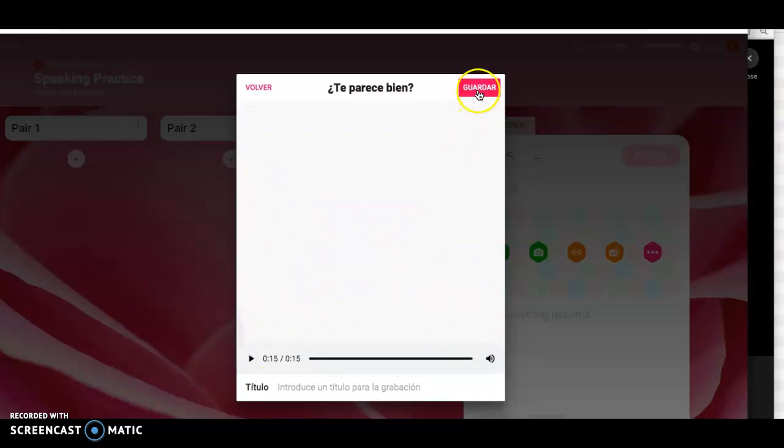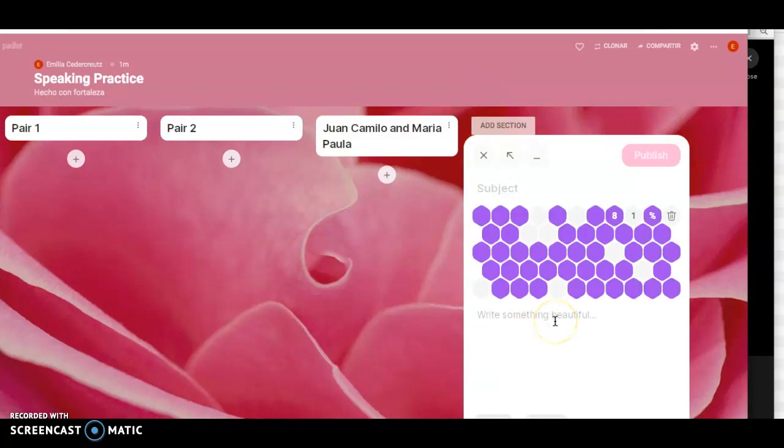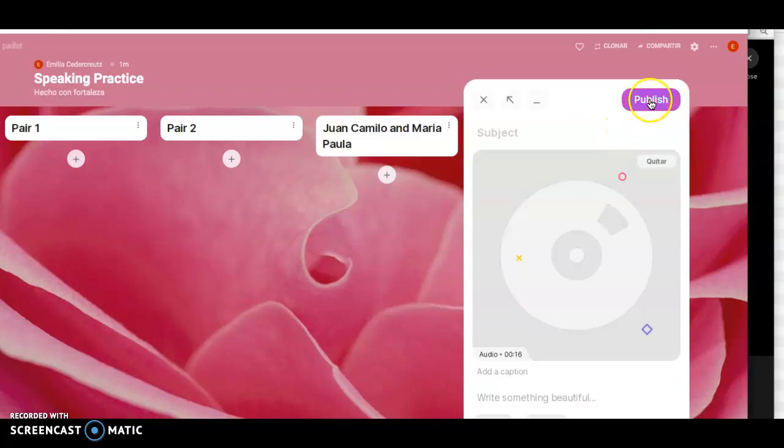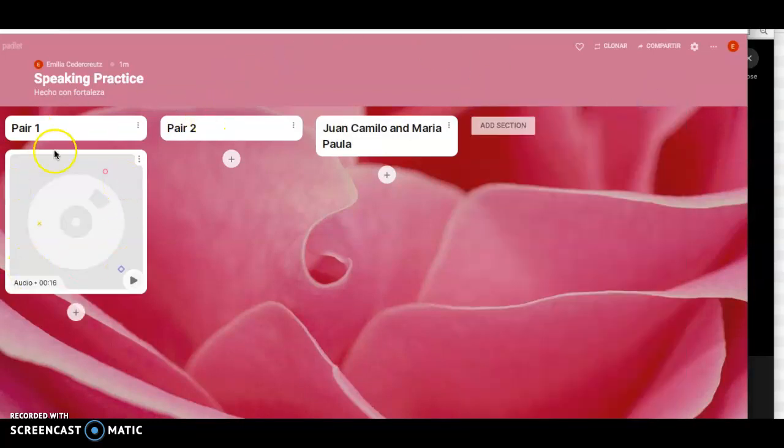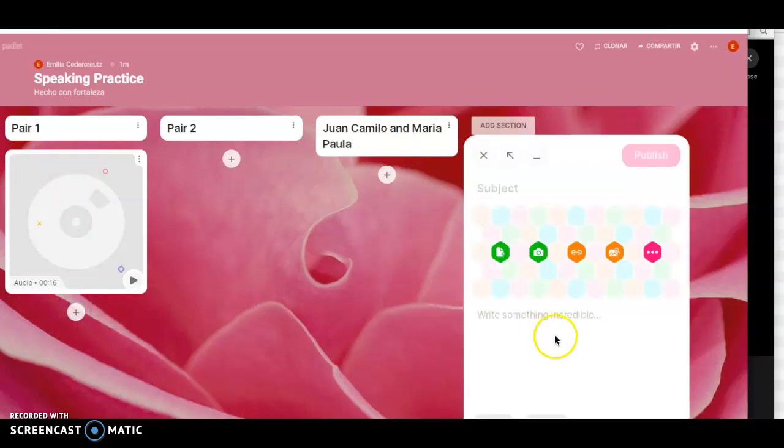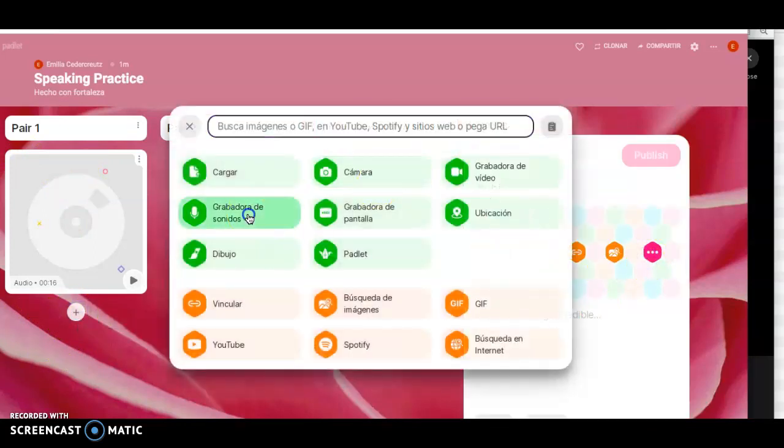All right, we like it, so we save. And we wait for just a moment. Okay, and publish. So that shows up there. And now, as if this were on WhatsApp, the other partner can then put a response here and say,